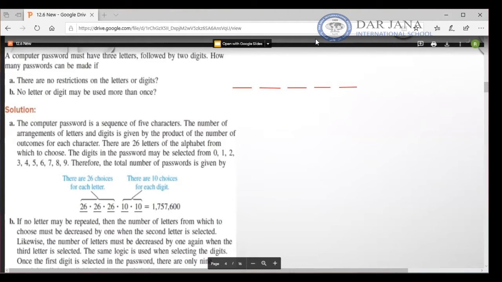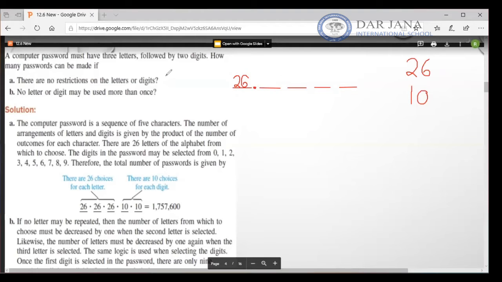You already know that we have in total 26 letters, and 10 digits. So I have 26 choices for the letters and 10 choices for the digits. These are my events. The first place is my first event. It's a letter, so I have a choice to put one out of these 26 letters. So I have 26 options, times, because I'm doing it now,